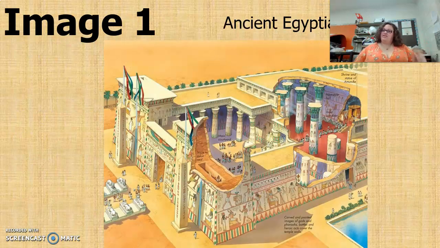So here's our first image. We have the ancient Egyptian temple. You will see lots of different words and explanation of what all of these different areas are, and you will see all of these different things that happened. No, there was not actually a hole in the ancient Egyptian temple. This is an artist's rendering to show you what it looked like inside, because if we just saw the outside, then we wouldn't know what happened inside. So you are going to make your observation, and then you'll go to the next image and make your observation